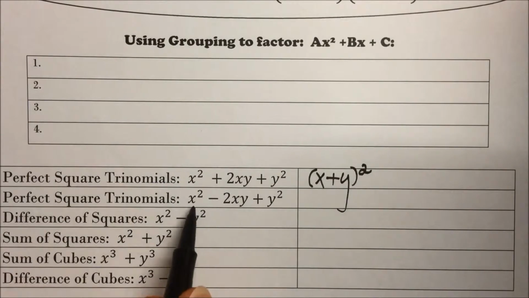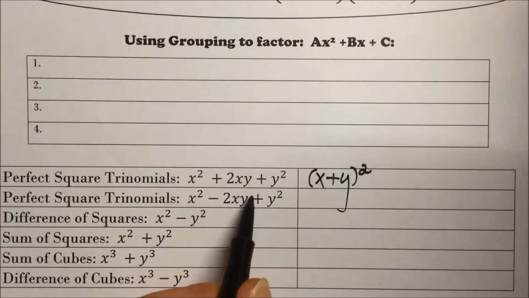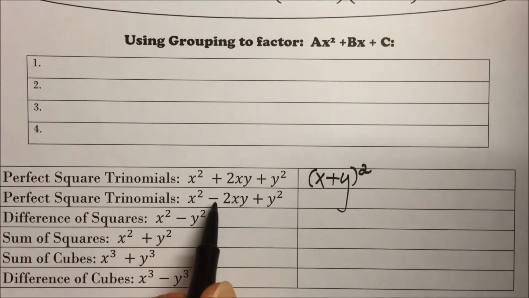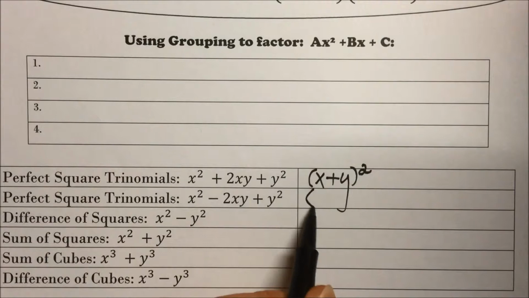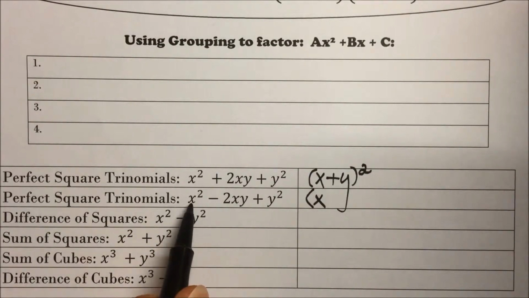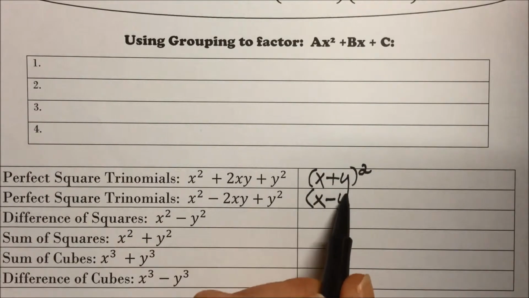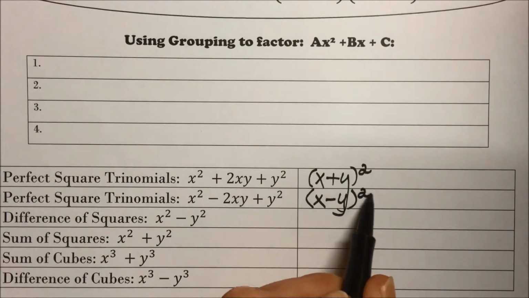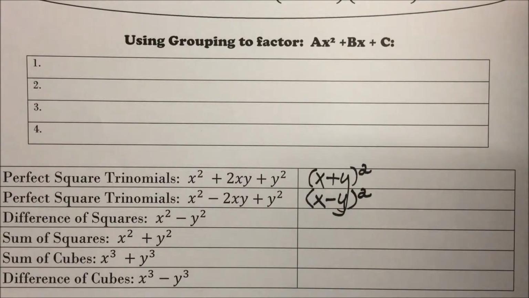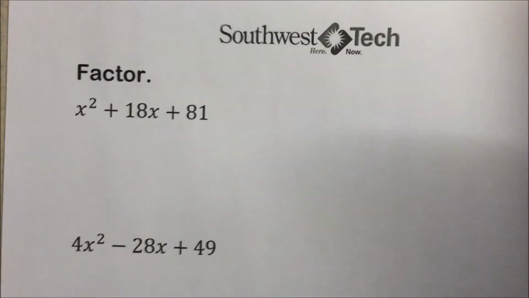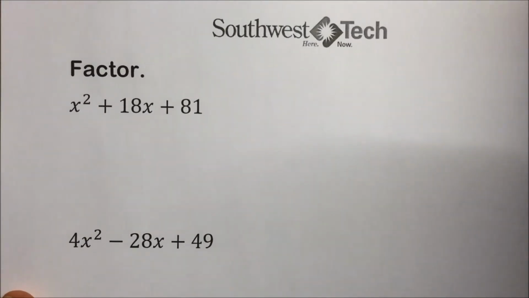For a perfect square trinomial of this form, it looks exactly like the one above, with the exception that both signs are the same on our last term. They are both negative this time. So we have a square on our first term, the square root is x. We have a square on our last term, the square root would be y, and the sign between those two is a negative. So this perfect square trinomial factors into x minus y, the quantity squared. Let's take a look at using that shortcut to help us factor these trinomials here.